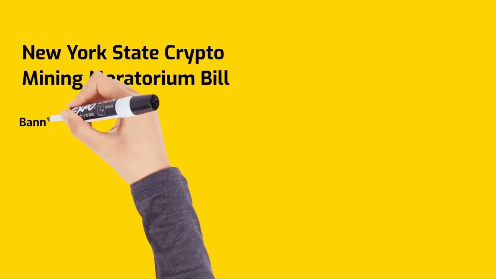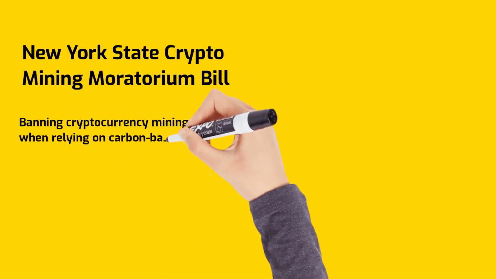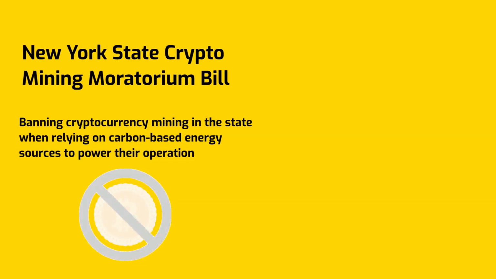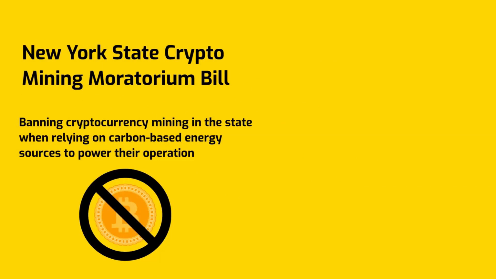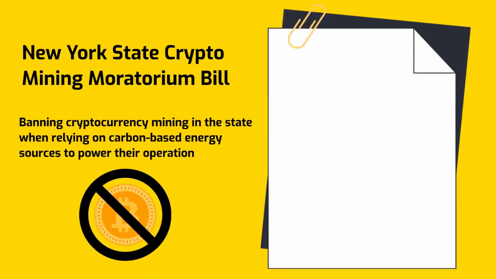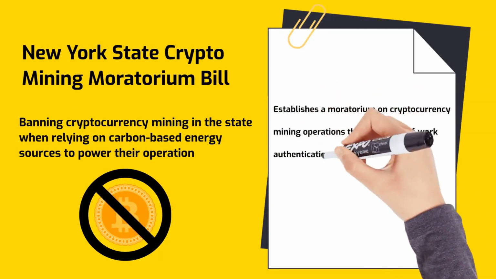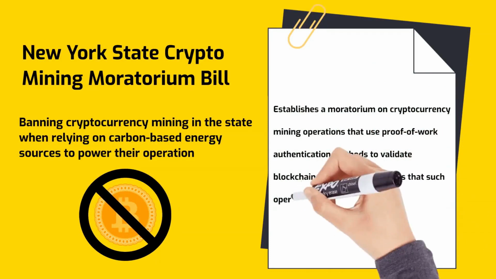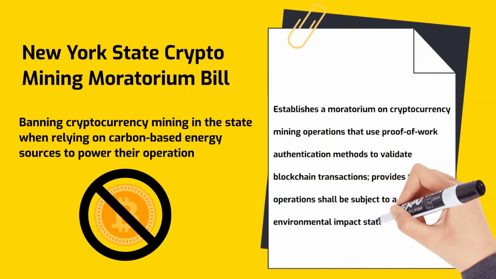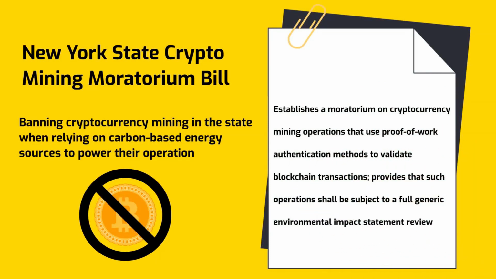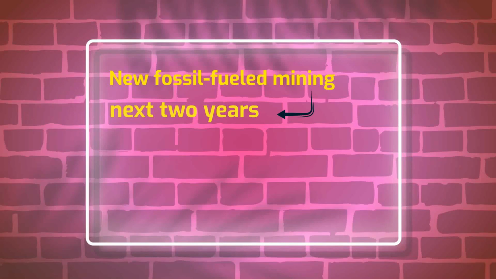The New York Senate passed a bill banning cryptocurrency mining in the state when relying on carbon-based energy sources to power their operation. According to the New York Senate, this bill establishes a moratorium on cryptocurrency mining operations that use proof-of-work authentication methods to validate blockchain transactions, and provides that such operations shall be subject to a full generic environmental impact statement review. Basically, the bill stops new fossil-fueled crypto mining operations for the next 2 years, and it pauses renewals